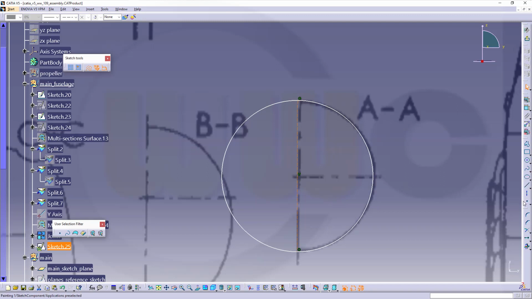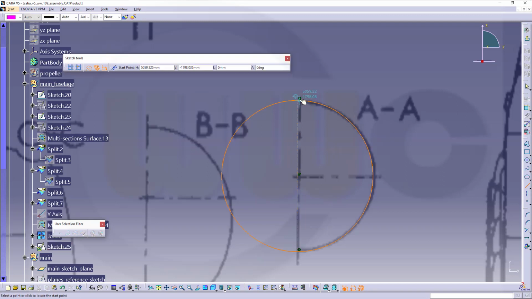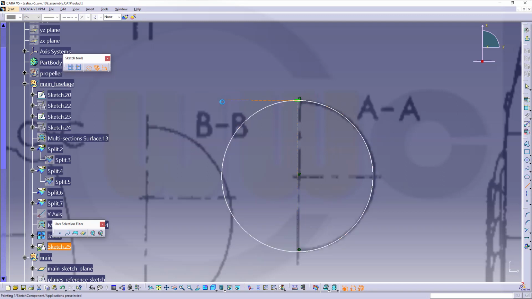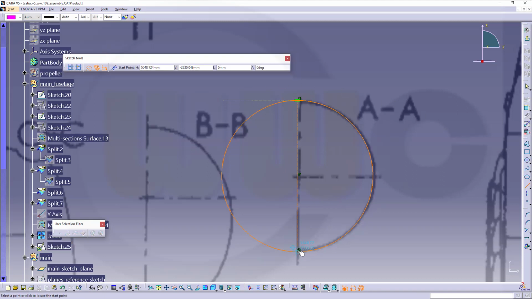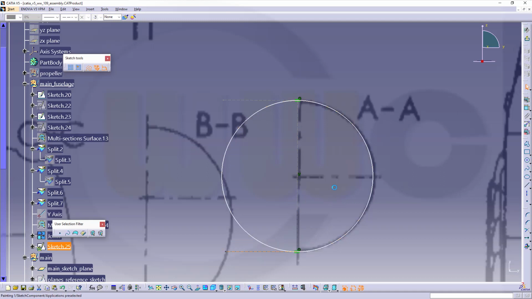And for the tangency constraints, okay, let's trim. This should be gone. Okay, now I want to copy, so go for that selection trap above geometry,